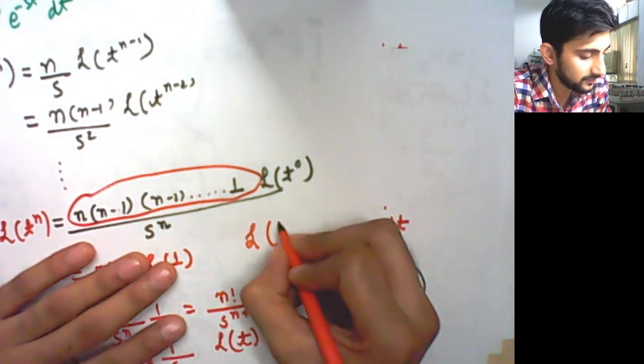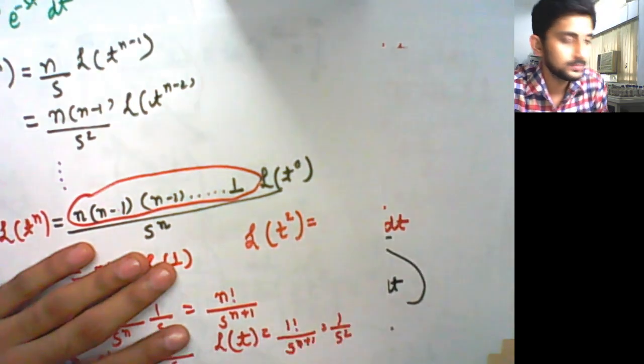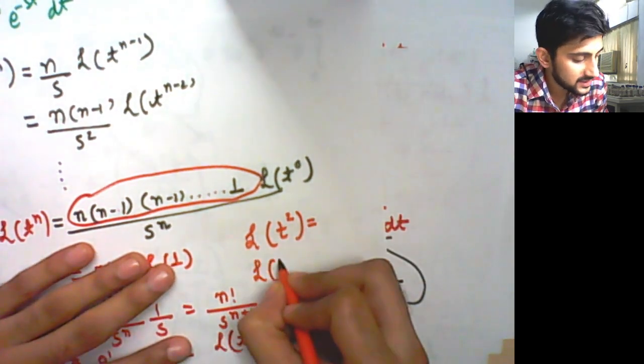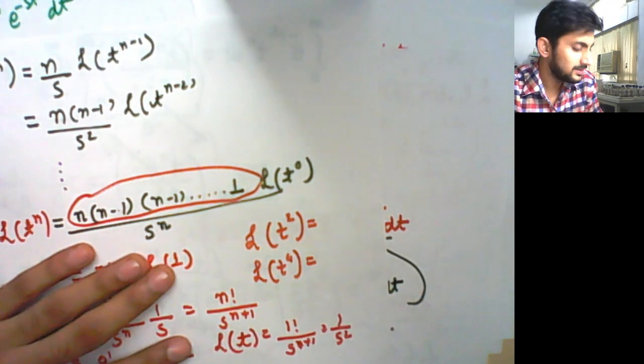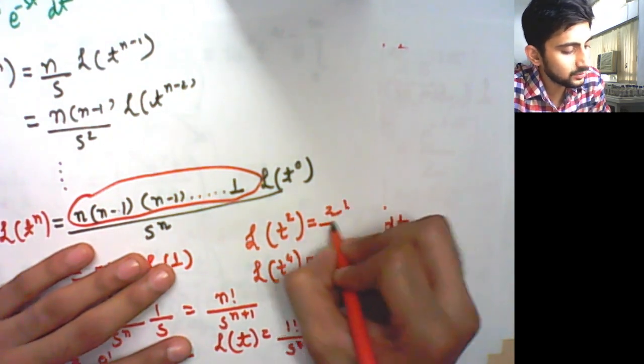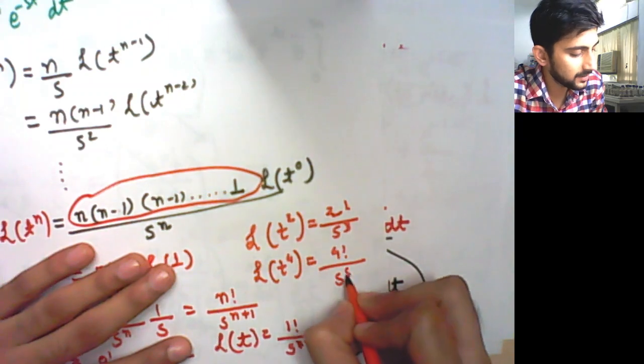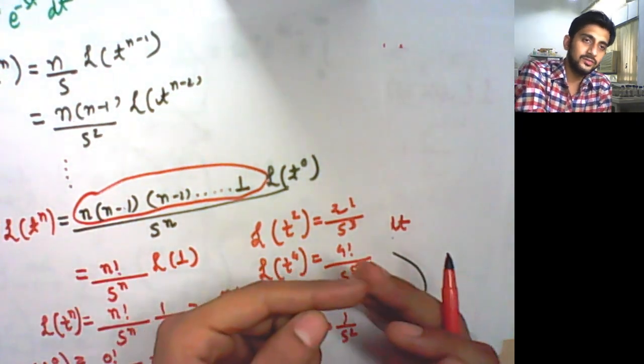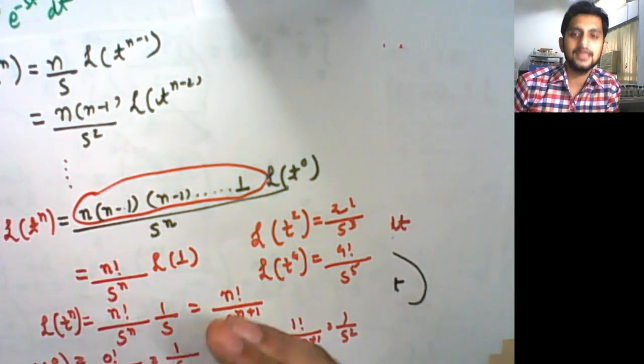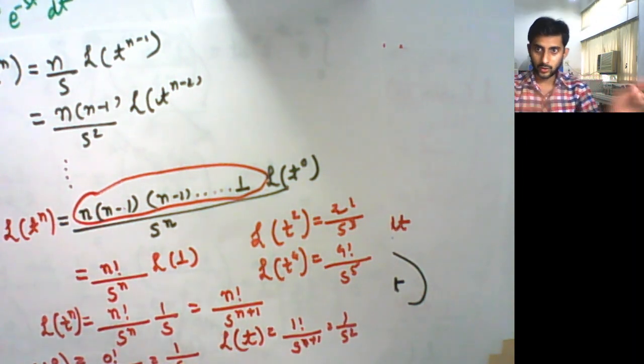What is Laplace transform of, so you can just put in comments what is going to be the Laplace transform of t raised to the power 2. What it will be. Laplace transform of t raised to the power 4, what it will be? It's easy. It's like 2 factorial upon s cube. It would be like 4 factorial upon s की power 5. You just take the factorial of the same number and s की power 1 plus. That's it. So now you know a lot of things.